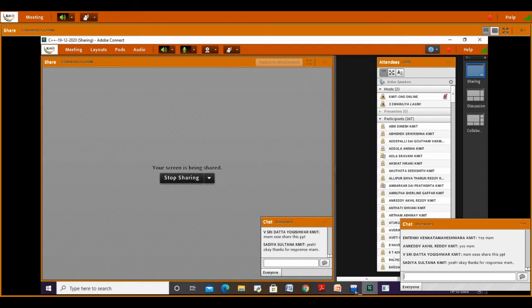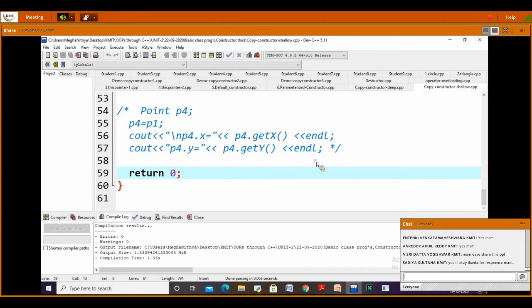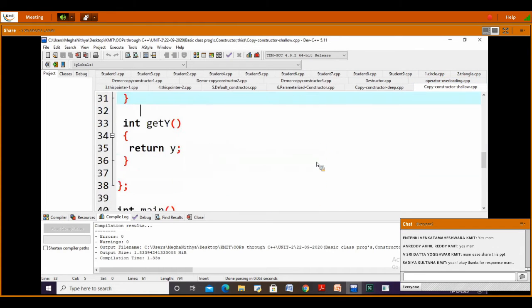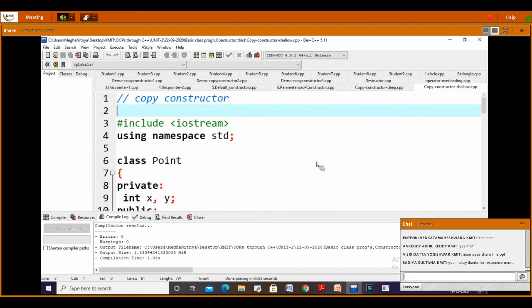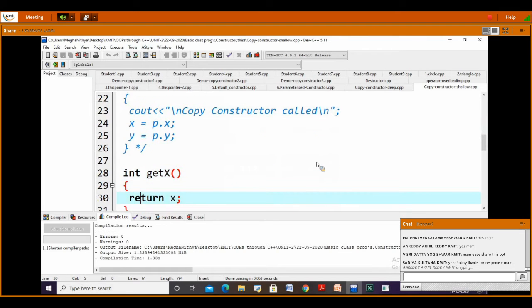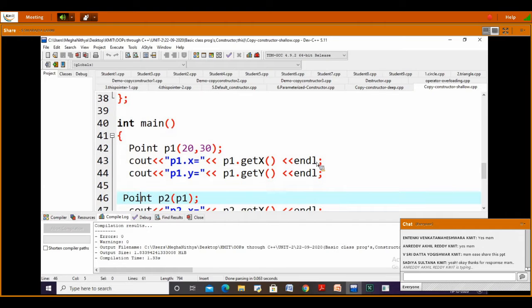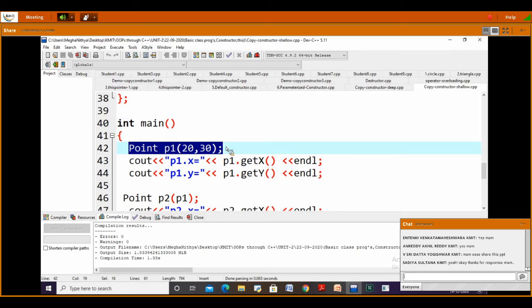Right, students? So we see now, first, shallow copy. Copy constructor. I have a parameterized constructor, right? So when I say point p1 of 20 comma 30 in this statement, what is happening?